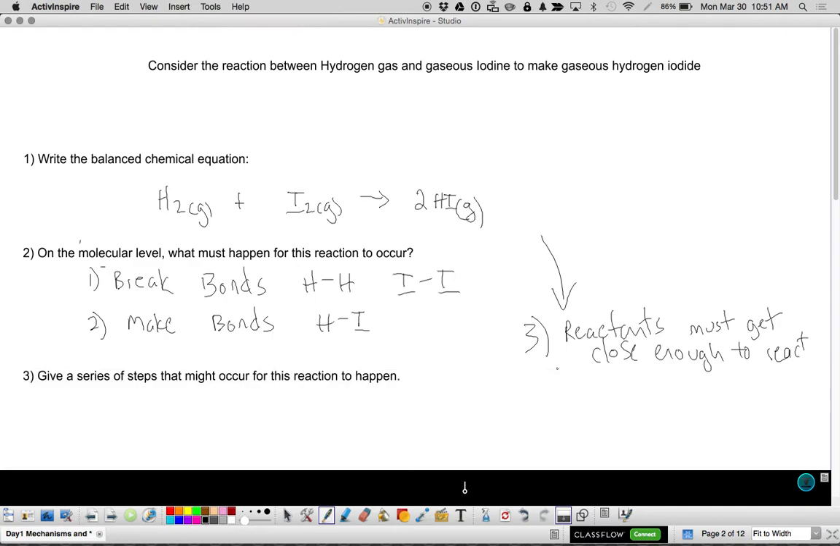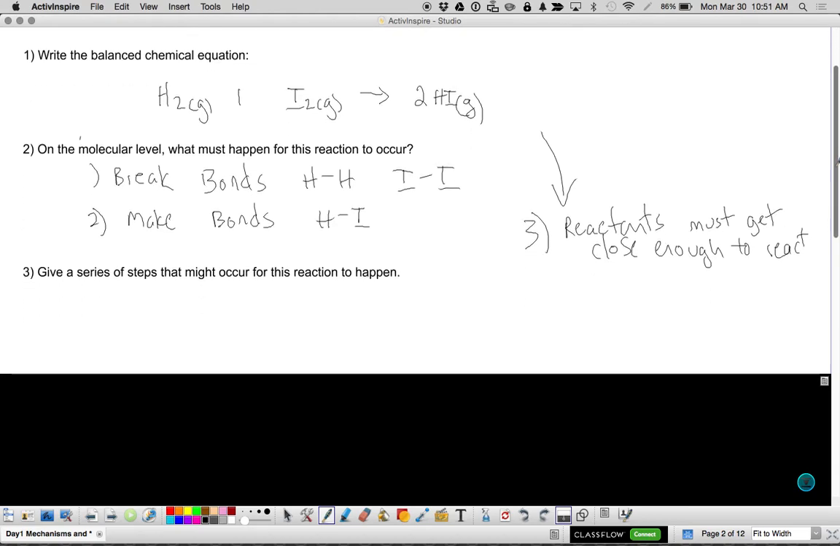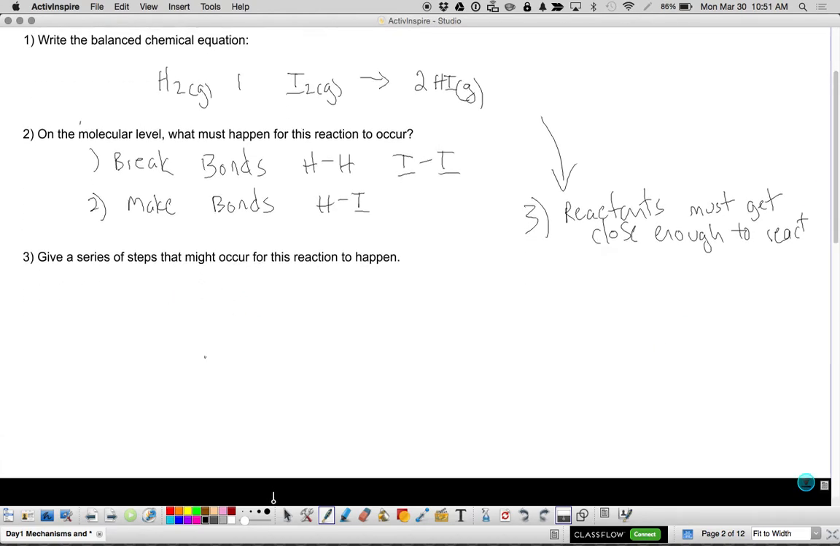So now the last thing that I want you to do, and I do want you to try this one on your own again, is to give a series of steps that might occur for this reaction to happen. Okay, pause the video and see if you can come up with a series of steps. Okay, so there are of course many different possibilities, and so I'm just going to give you a couple. All right, let's say